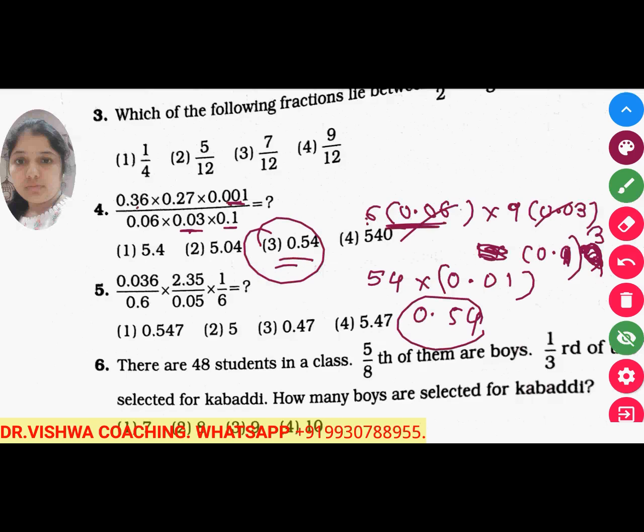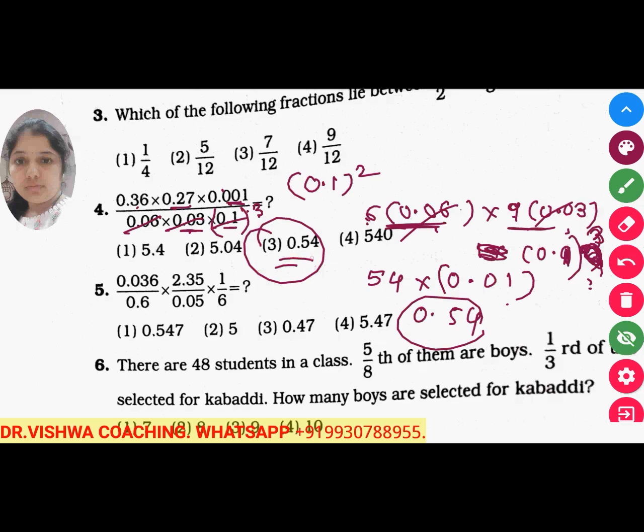0.36 is nothing but 6 into 0.06. 0.27 is nothing but 9 into 0.03. But 0.001 is the cube of this number. Okay. So here it is the cube of this 0.1. So all the things will get cancelled. This will get cancelled, this will get cancelled, and one of the multiplied 0.1 is cancelled. So what is remaining? 0.1 square